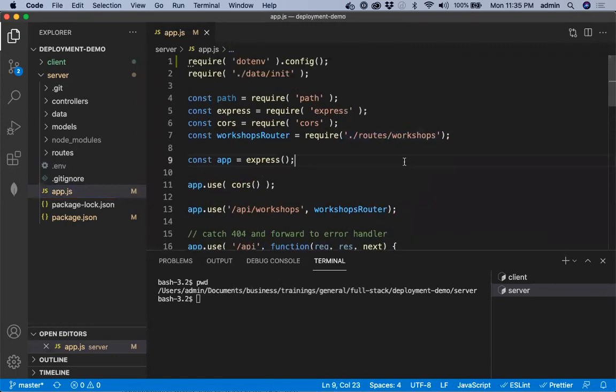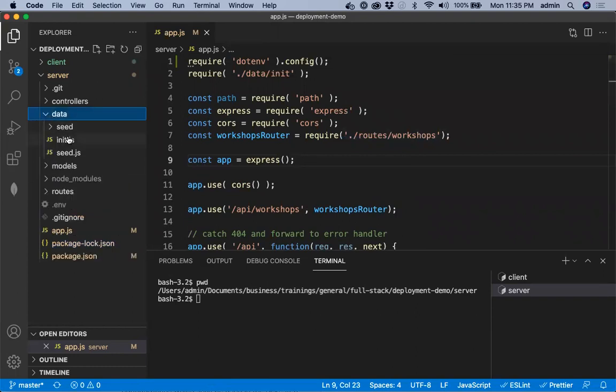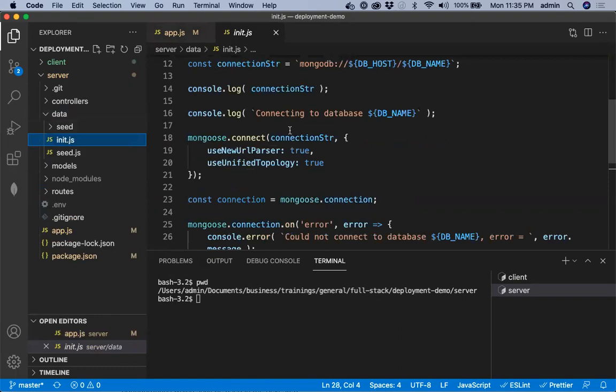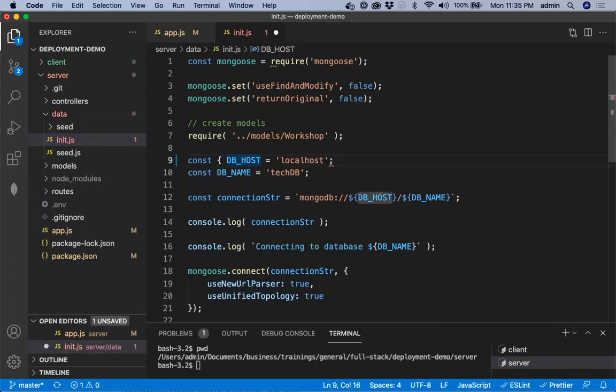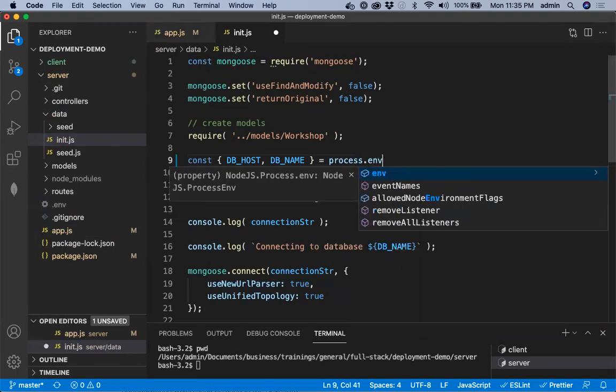We'll make a few other changes. One of the changes is in the init file, data/init. DB host and name, we can now read off the process.env environment. So DB host, DB name, we'll just read it off process.env.